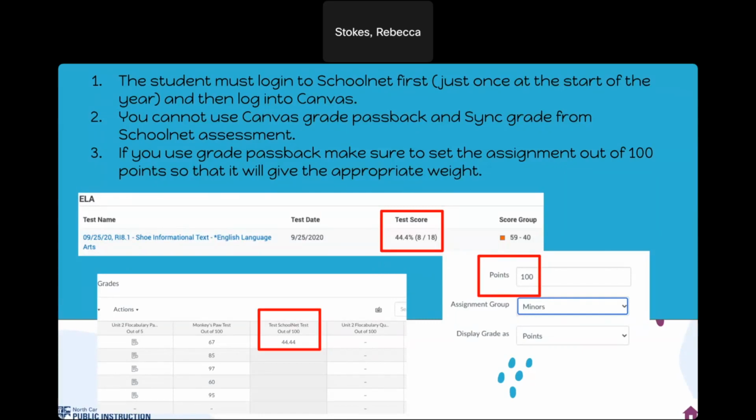If you solely use Canvas for your Schoolnet assessments, the first time, no matter if they're a new student or you are just going to get started with this process at some point during the year, the student has to log into Schoolnet first before they log into Canvas. If they log into Canvas first and they've never clicked on that Schoolnet icon that year before, it's going to actually give an error saying that they are not enrolled. Okay. If that happens, if a student in your class clicks on the Schoolnet assessment and it gives them an error that they're not enrolled, all you have to do is have them clear their cache and cookies and all